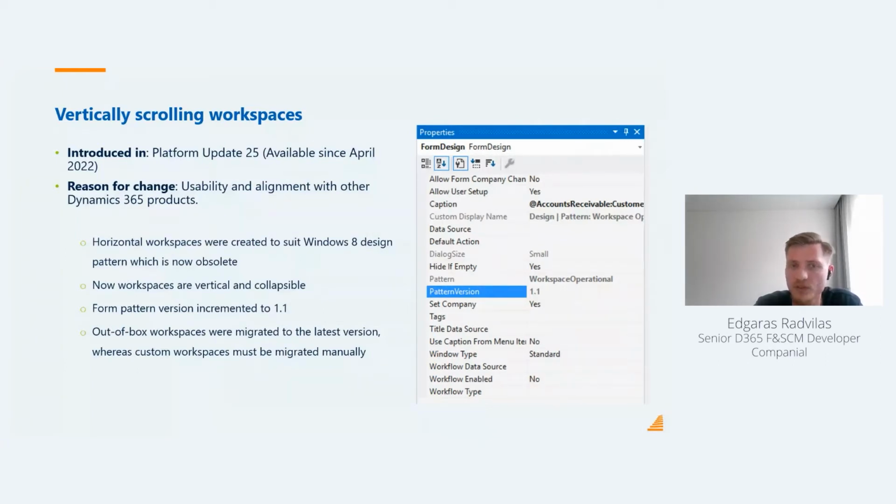The reason for change was basically to improve usability and to have alignment with other Dynamics 365 products. The horizontal pattern was to suit Windows 8 design. But of course, they noticed that it's not very useful for the users, and they changed it. My personal opinion is that it's quite more comfortable to use. So if you go to some of the standard workspaces, you would see that pattern